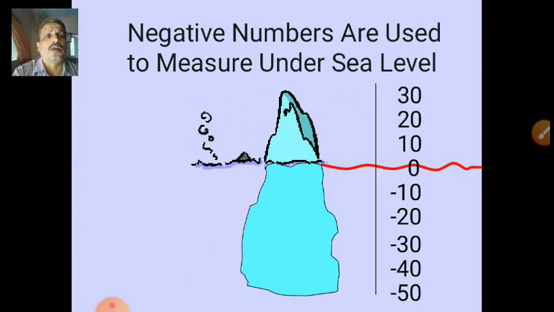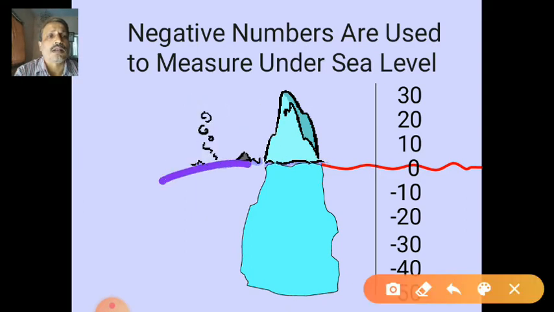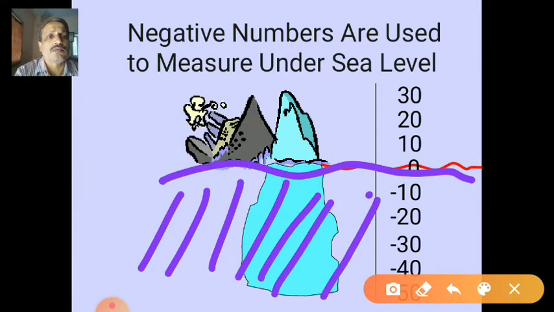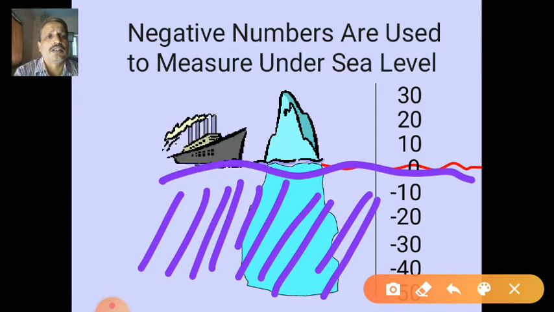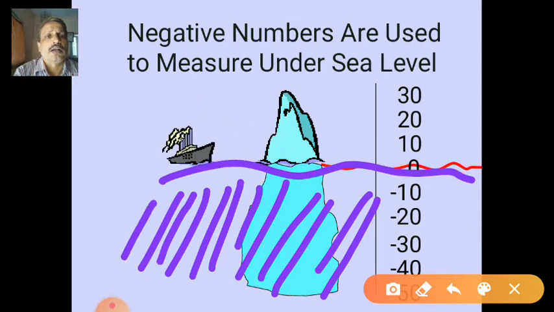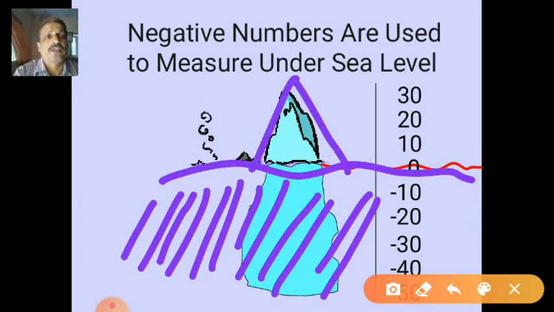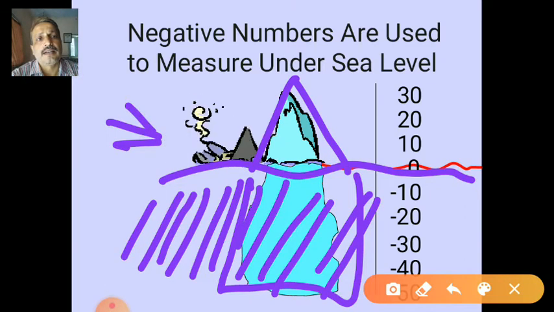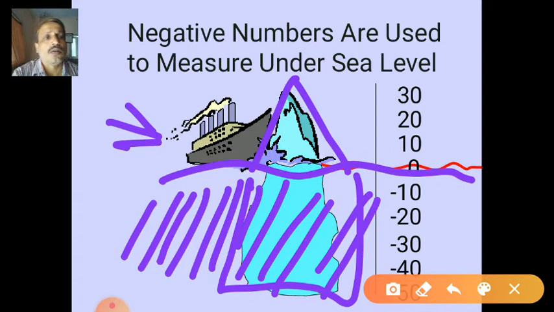Here you can see a ship sunk into the water. Here you can find the water level. This is the water. This is the iceberg. Have you heard about the iceberg? An iceberg is nothing but an ice mountain. Upside you can see this much height, which is big, but you cannot see the downside, how much it is. It is double, not triple size. And one ship is coming from here. It didn't see the iceberg and sunk into the water.